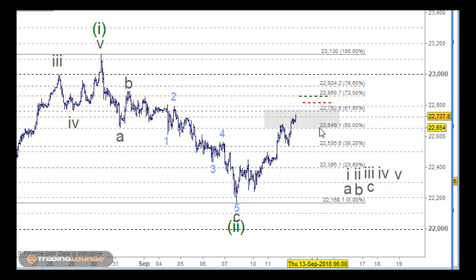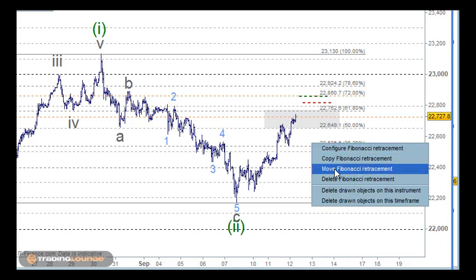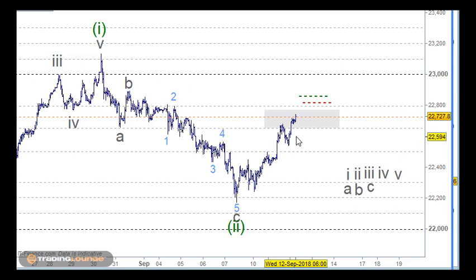If we see later on that this space here, because at the moment it's facing resistance, isn't it, is sitting as support, then we'll know to go long from that point. Also with this, we can look at the wave count, and currently we could call this up here as the first wave up as wave A here and wave B here, and then 5 waves up for wave C.